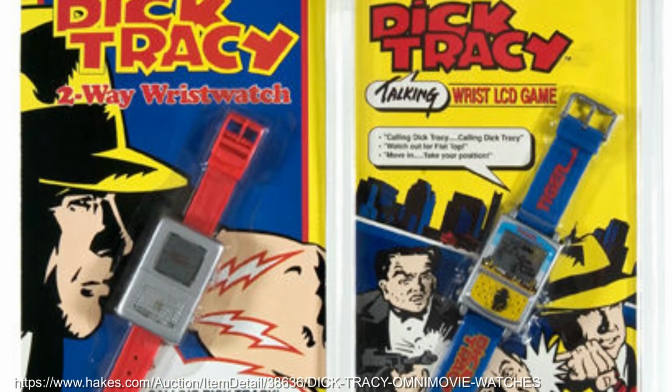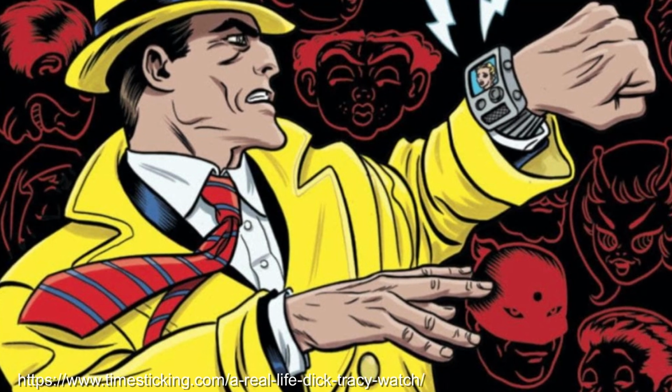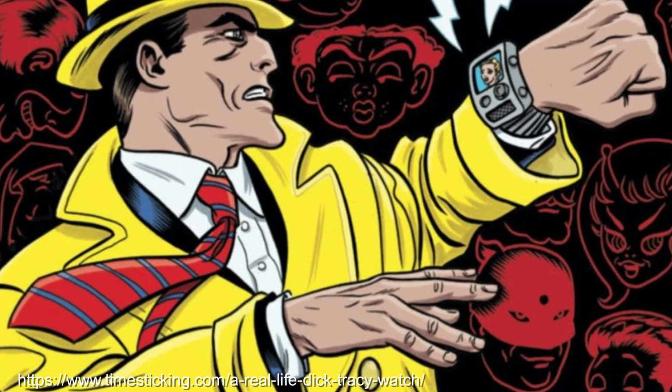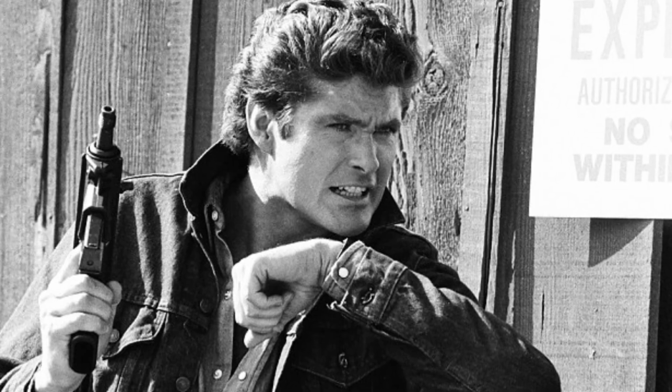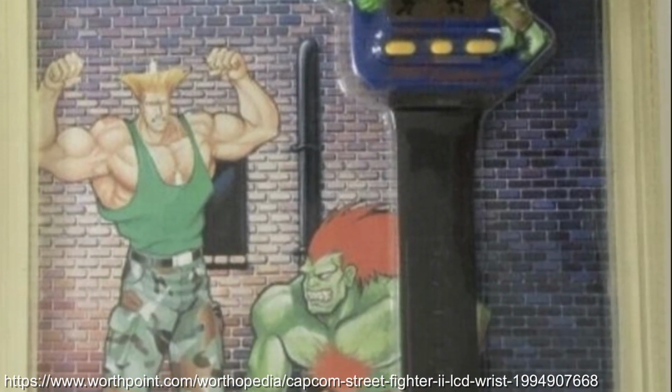One style that looked a little different from their normal was this Dick Tracy watch, a homage to the watch from the comic books that was a technological target for the industry for many years afterwards, a bit like the Knight Rider watch. These watches started to get very plastic fantastic with the Street Fighter II watch, following the release